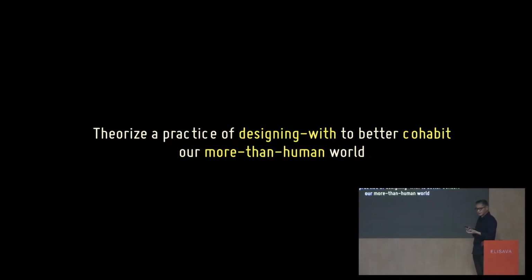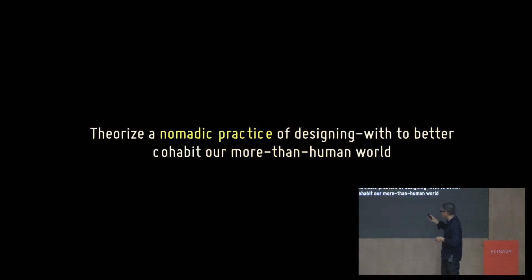And the goal in this designing was to better cohabit our more than human world. So that's what I set out as an aim for the book. Now, I'm not going to spend much time talking about this, but specifically, I actually described this as a nomadic practice,